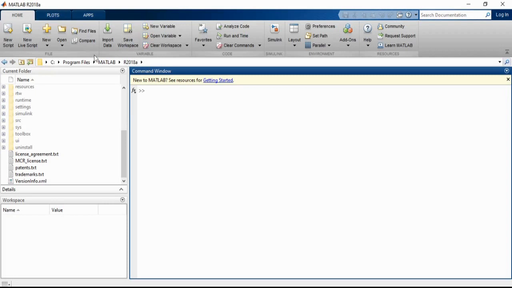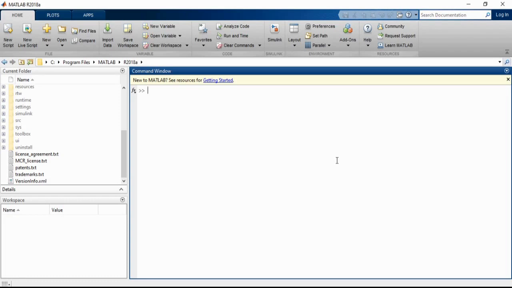For our ease of use, presently I am going to write the instructions in the command window, and in later videos we are going to slowly move on to the editor, and see how we can write full programs, edit them, and run them in the editor. Up to now, in this video we are just going to see how we can enter commands, create data in the command window, and modify that data in MATLAB.